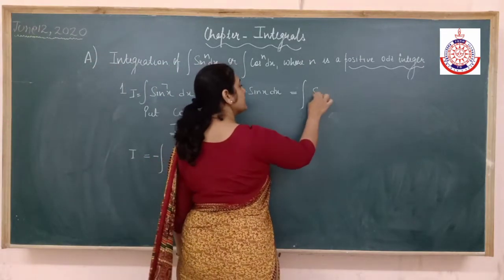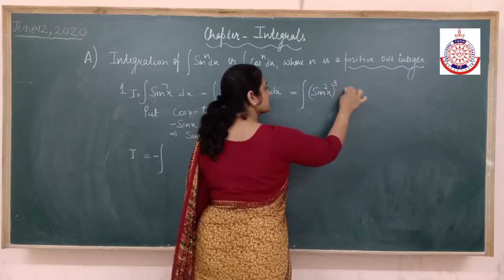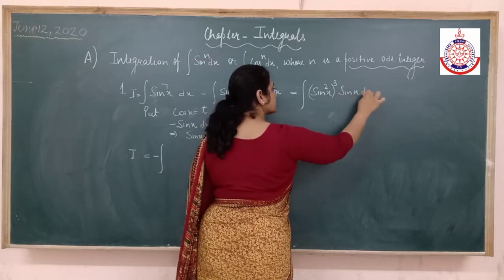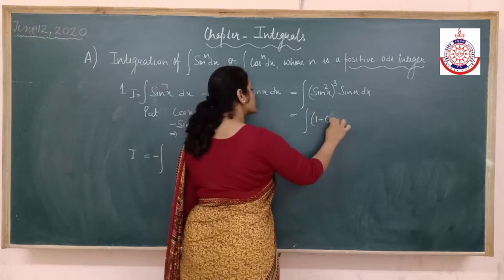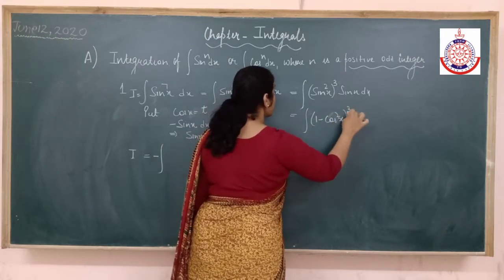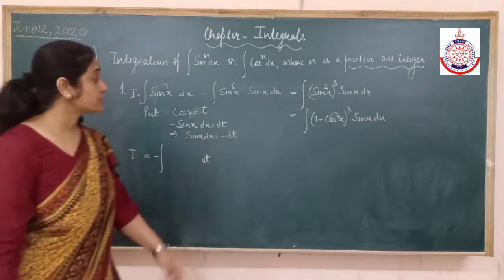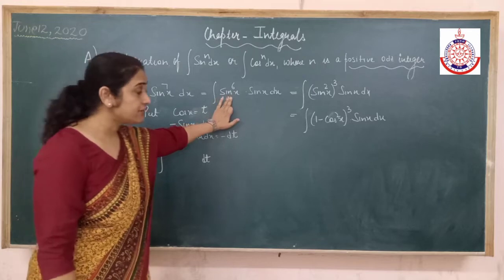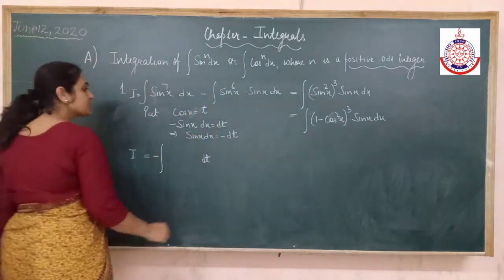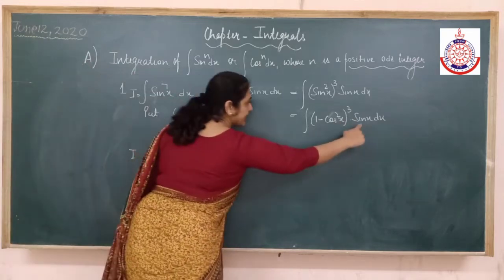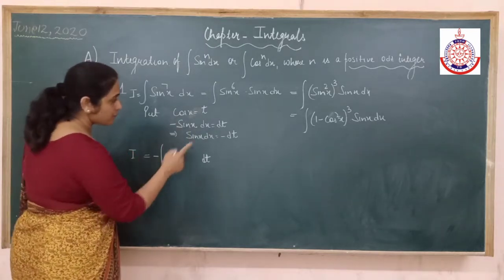So I'll write this sine raised to power 6 as this. Then I write this sine square as 1 minus cos square, because I have the value of cos, not of sine. Whenever I have an even power, it is easy to convert. That is why we have to do this. So now put the values. So sin x dx has become minus dt. 1 minus the value of cos is